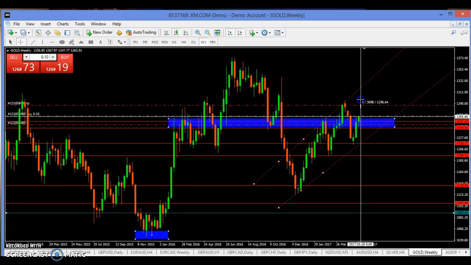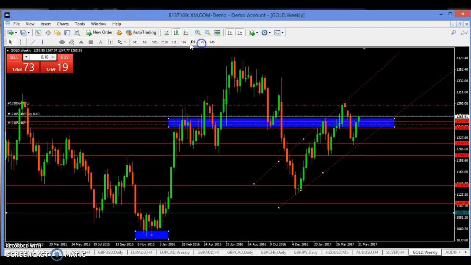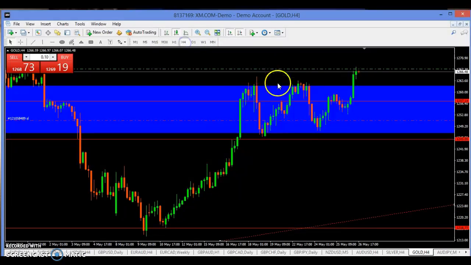I'll keep you updated on this particular gold trade. It still has about 300 pips to move. Even if you move to the monthly chart, you'll still be able to know. See, this is a typical bullish kangaroo tail. I'll be able to show you all these things, how you can use different time frames, even lower time frames, to ascertain your trade, to take your direction, and so on. I want you to make money. I want you to be profitable.